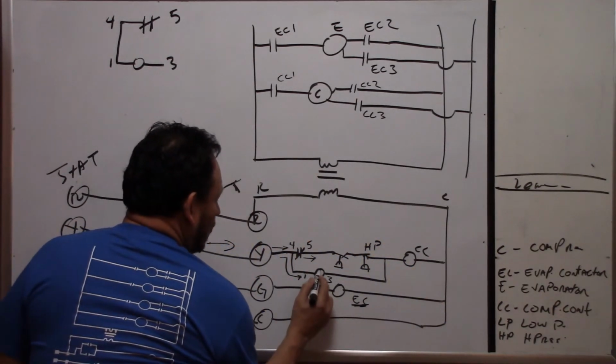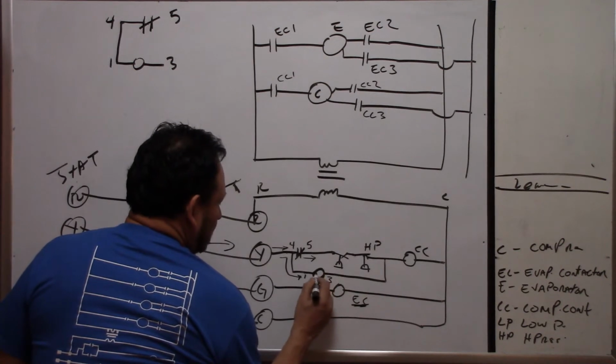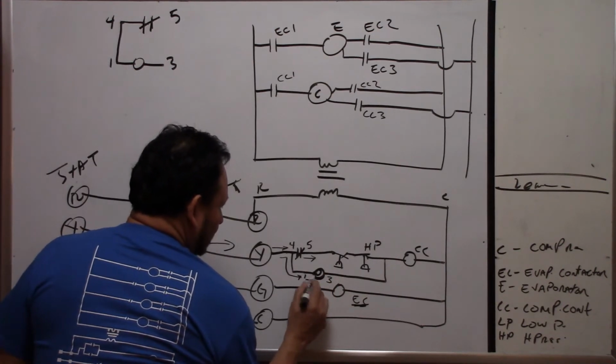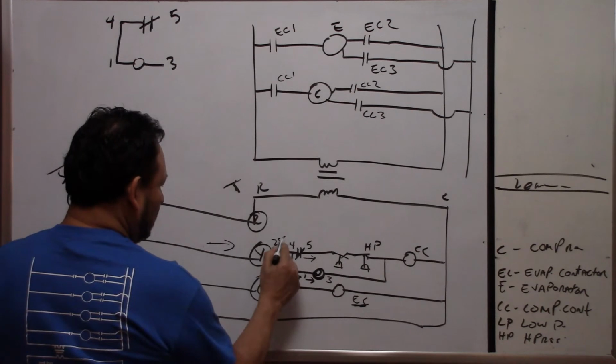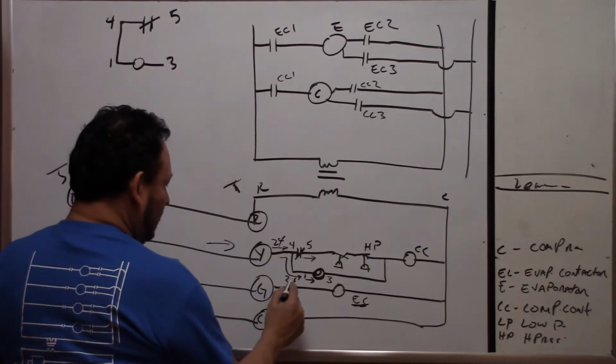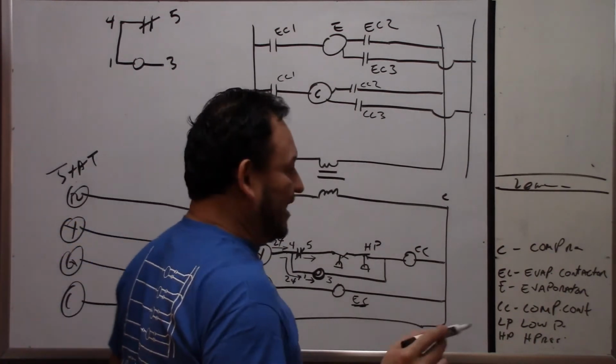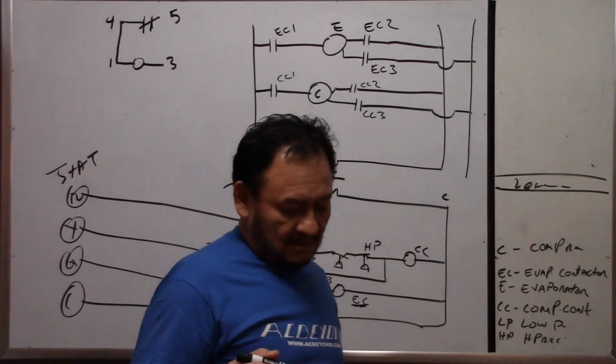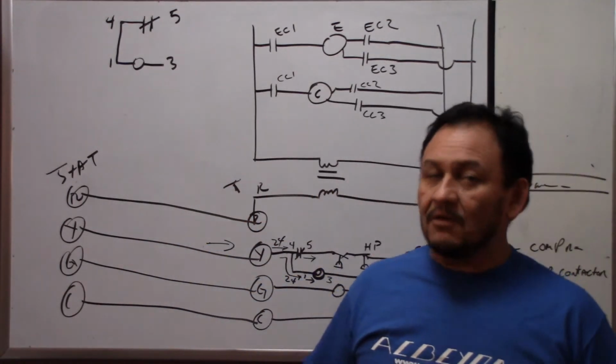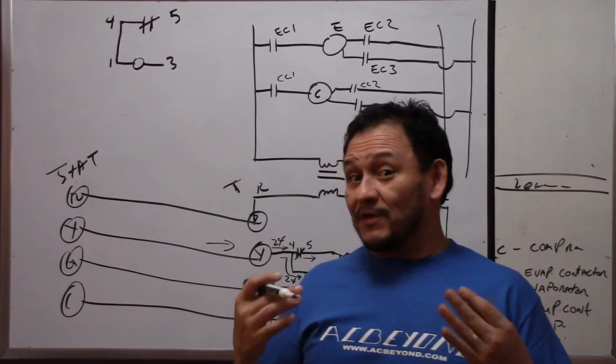If you notice the coil here, it could also energize because you're getting 24 volts. There's 24 volts here and 24 volts here. But what happens to electricity is the path of least resistance. Okay? When I was in school everybody says, oh, the path of least resistance, but what they actually mean,